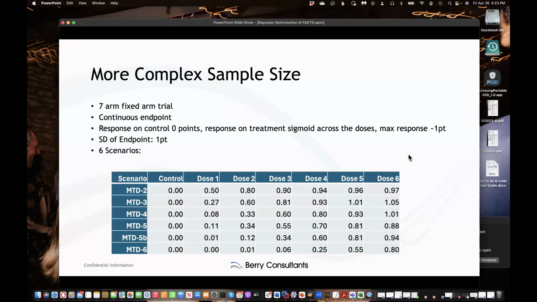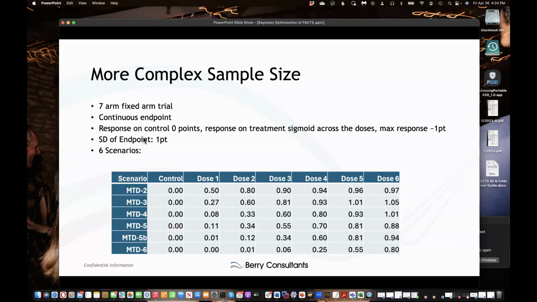So this is our more complex example. It's the 7-arm fixed trial, continuous endpoint. Response on control is 0, and we've got a response on the treatment arms which is sigmoid across the doses, with a maximum response of around about 1 point, a standard deviation of 1 point. And I've created these 6 scenarios by manually playing with parameters of a 4-parameter sigmoid,